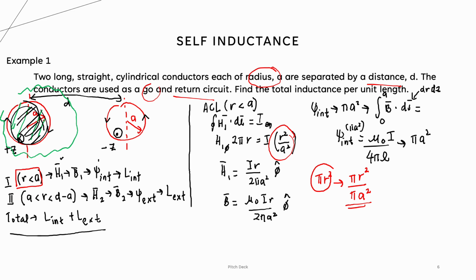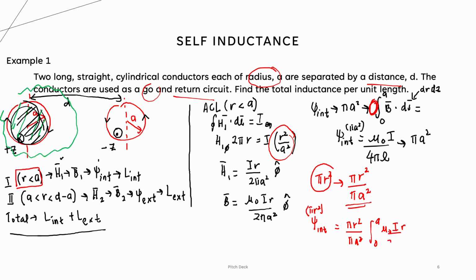Our H will then be... right, so therefore for the area of pi r squared, what we need to do is the flux internal for the pi r squared area. It is proportionate, so we need to add the front part, the proportion area, from 0 until a, so mu naught